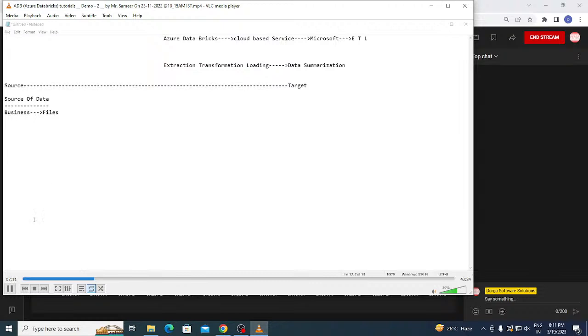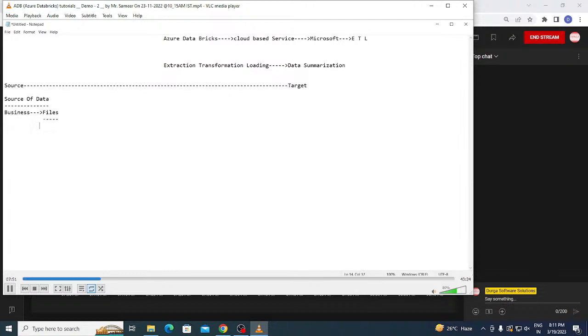Sorry. So guys, we all work for the business only. Suppose you're working as a data engineer in the IT sector, that means you are working for a business. You will get the data from the business entities only. This data is recorded in the form of files. So what are the types of files you have? The files are the following.